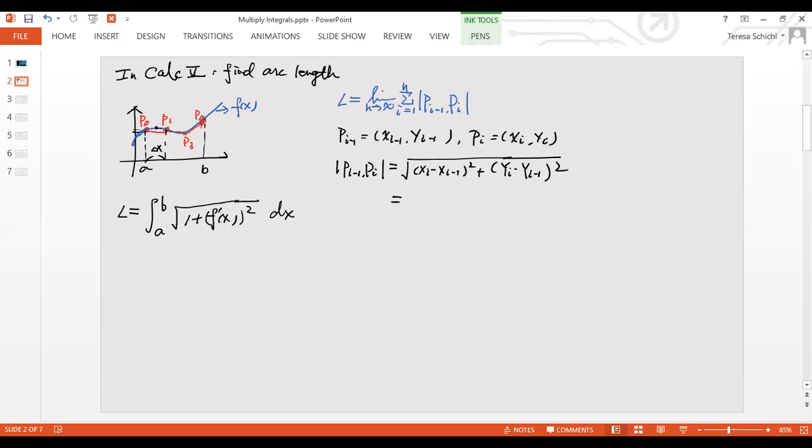Then the point between here, right? So this difference we call delta y here, right? So basically you can write this as delta x squared plus delta y squared, right? Okay, so now we also know, by the mean value theorem,